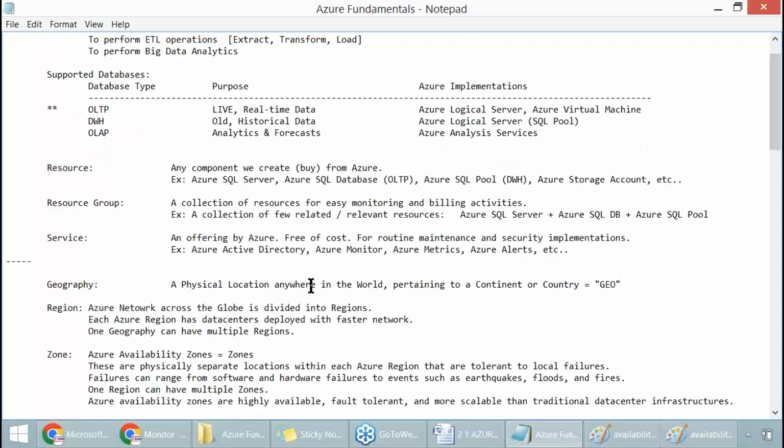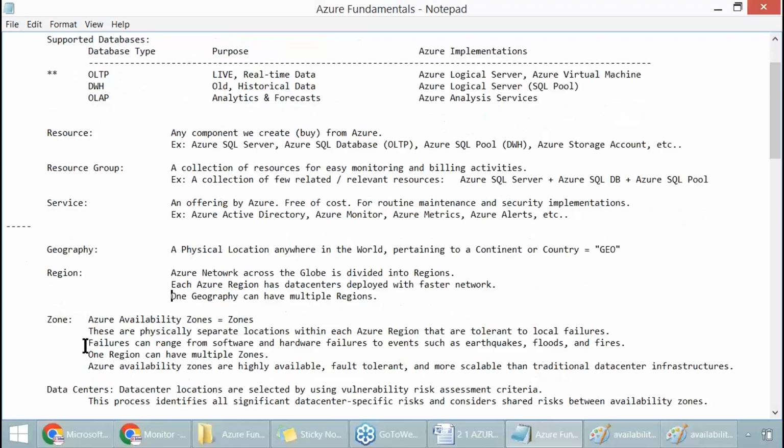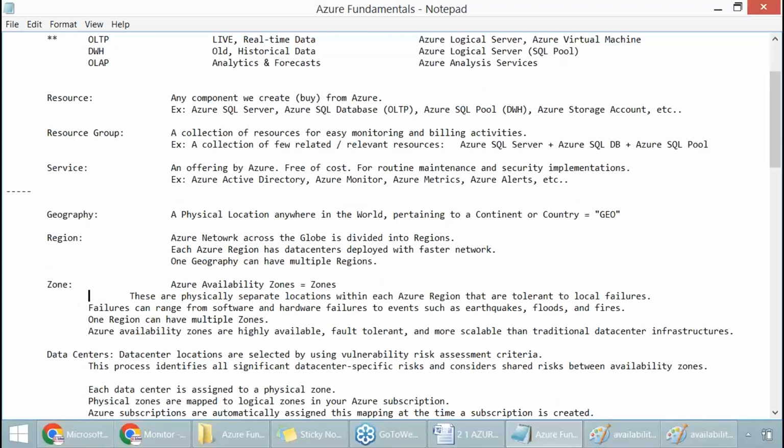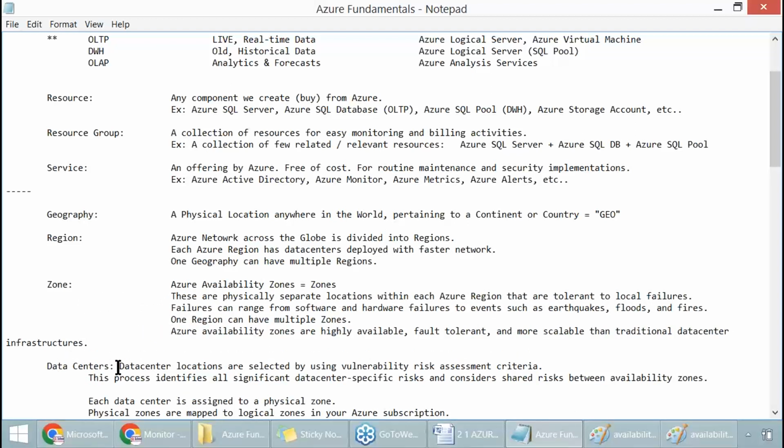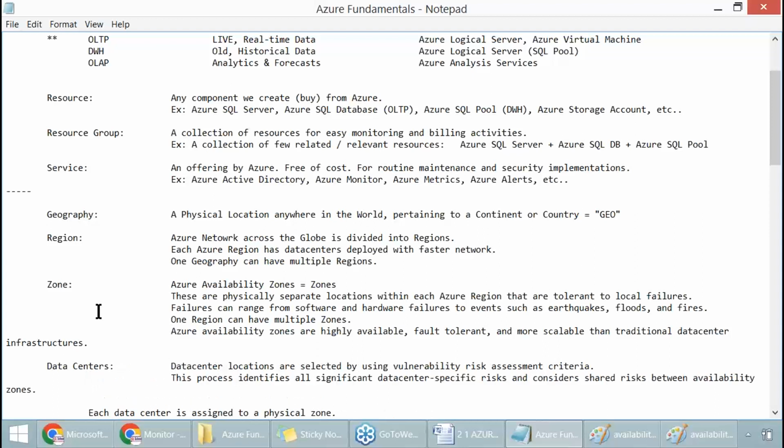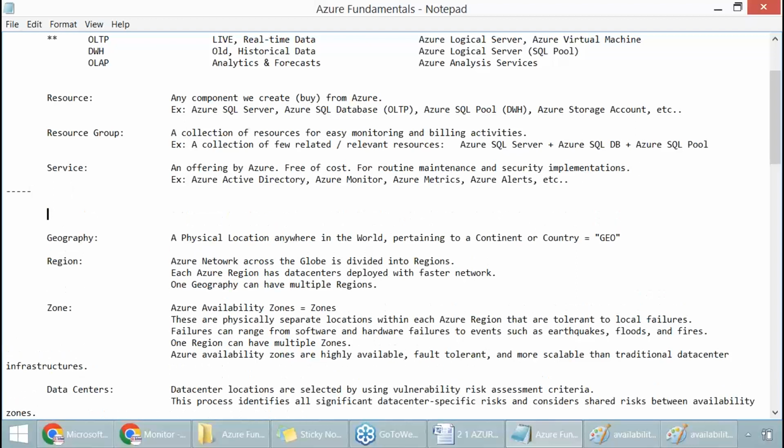It's called geography. A geography has something called region, and region has something else called zone. Okay, and zone has something else called data center. Let's by heart these things carefully. Let's get the background information for it. Every resource we create in Azure